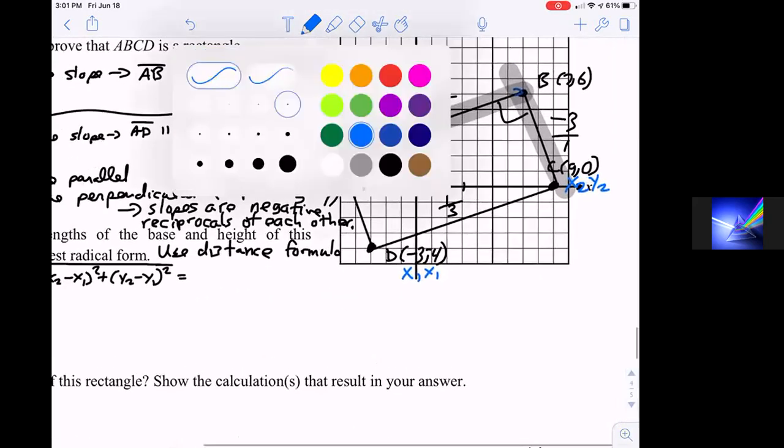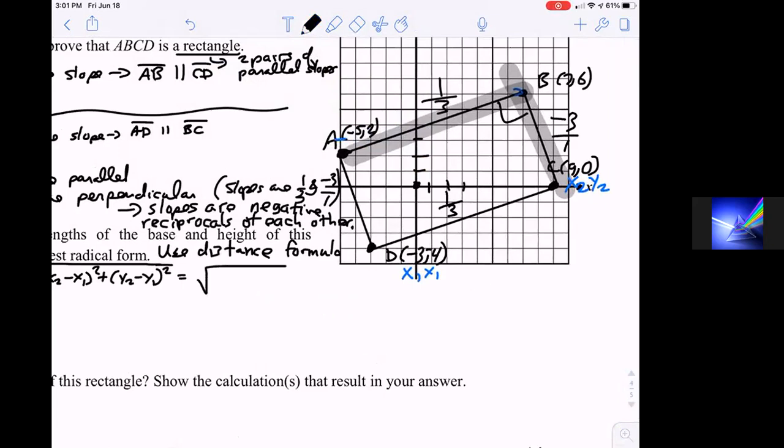Okay, so let's plug into that. x2 minus x1. So that would be 9 minus negative 3. 9 minus negative 3, squared, plus